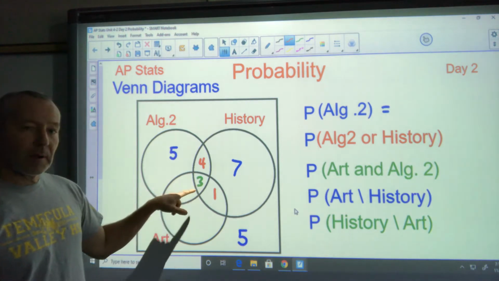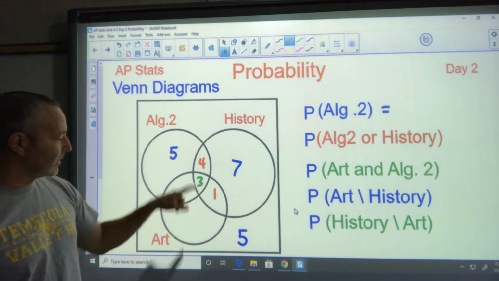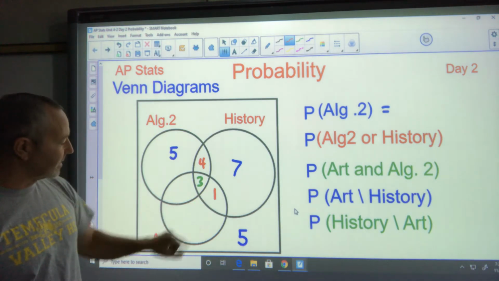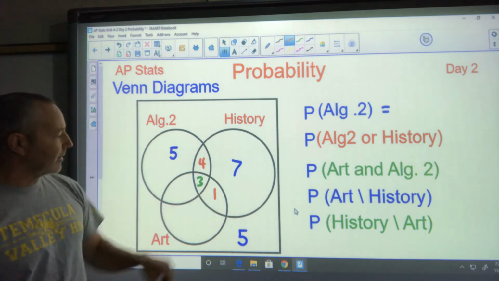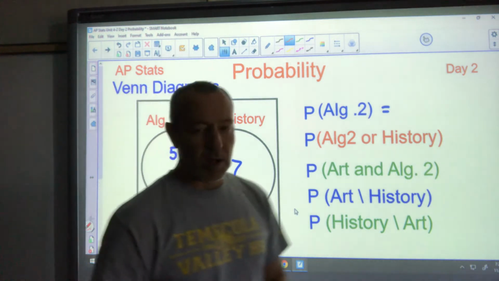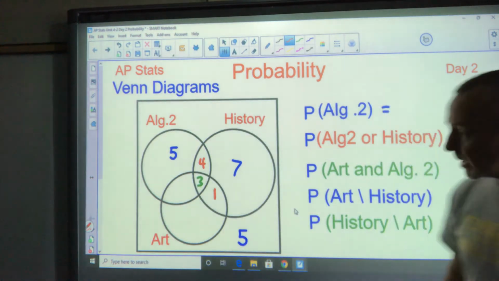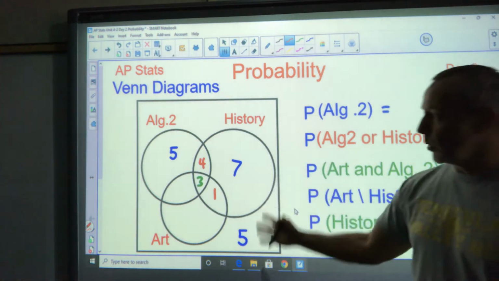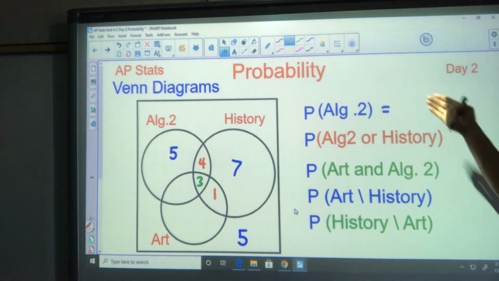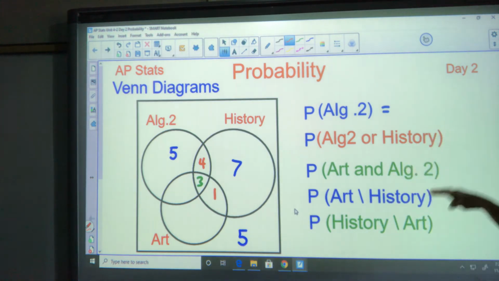These 3 people here belong to Algebra 2, History and Art. And this one guy here just belongs to Art and History, but not Algebra 2. So whatever circles they're in is what they belong to. We talked about these before. There are a total of 25 students in this diagram, so this will be out of 25, this is out of 25, this is out of 25, and these are